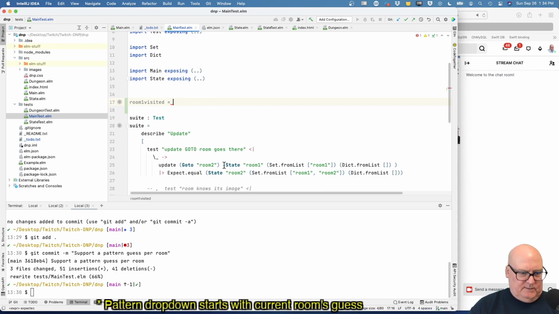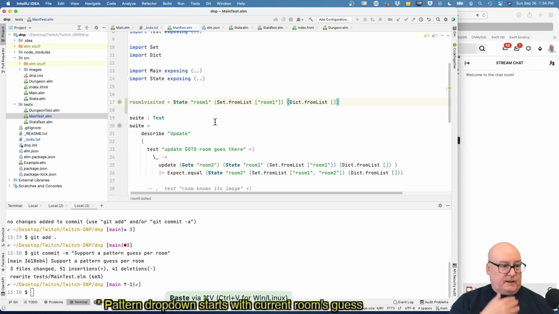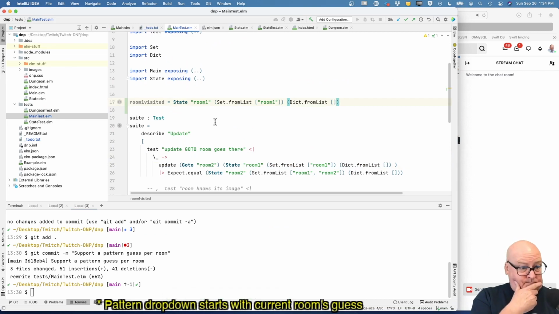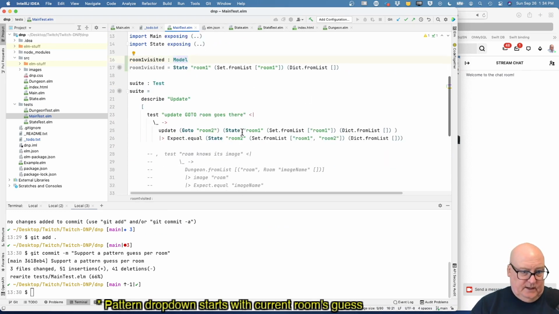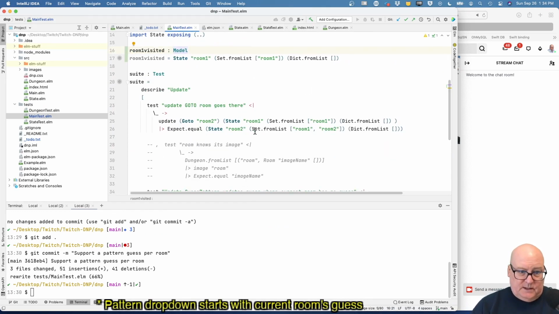All right, so what I'm saying is this whole thing is kind of being used in several places, and I think we can just define it. And it's a model. Okay, so we're creating a room one. We got the set from list room one and no guesses. Okay, so now my equals,